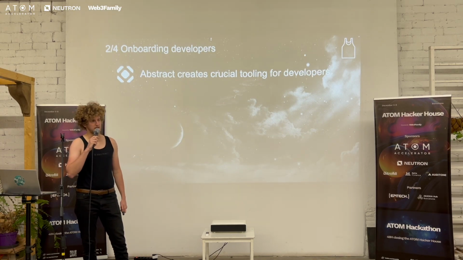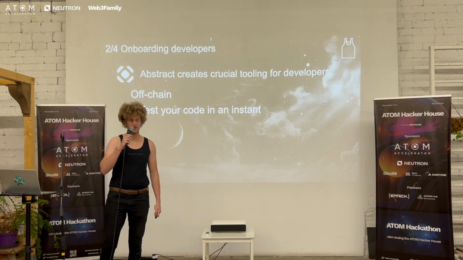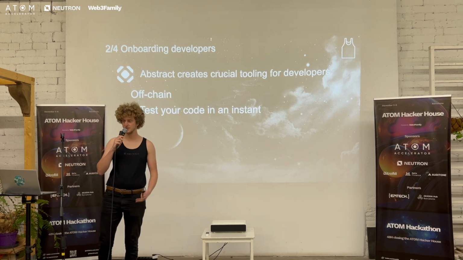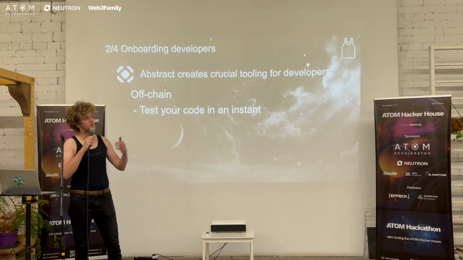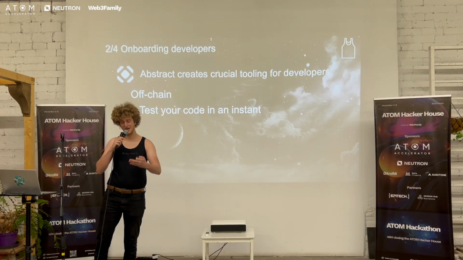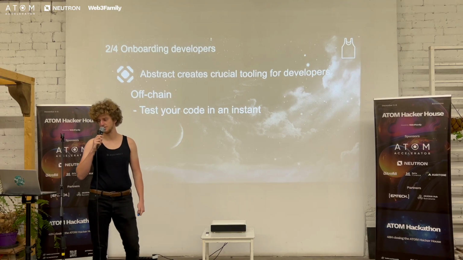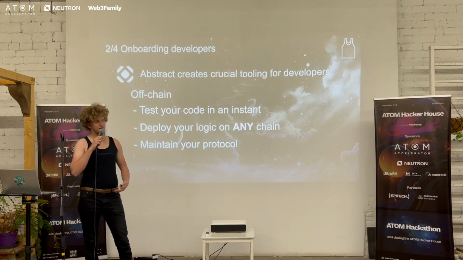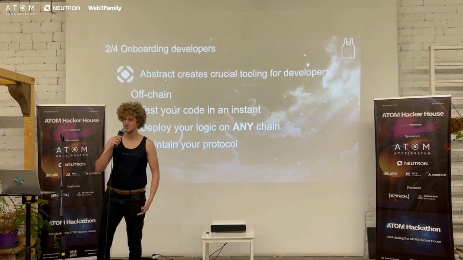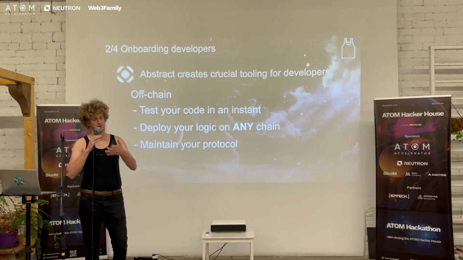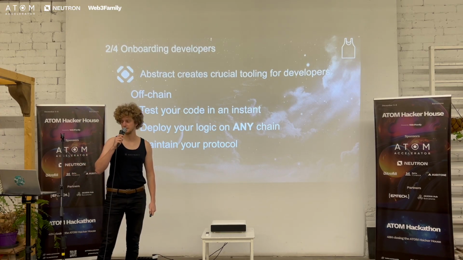So let's list what it provides. It provides off-chain tooling to test your applications really easily with a simple syntax, staying in Rust, thanks to what CosmWasm has done. We're building on top of other projects as well, which is good for you because it maintains interoperability between projects. And then you can deploy your logic and maintain your protocol really easily with the same syntax, staying in Rust. Just run functions. Your contracts are objects, run functions on them. That's our motto.